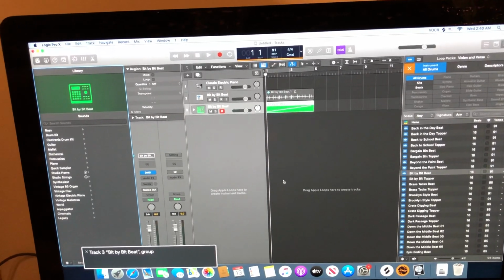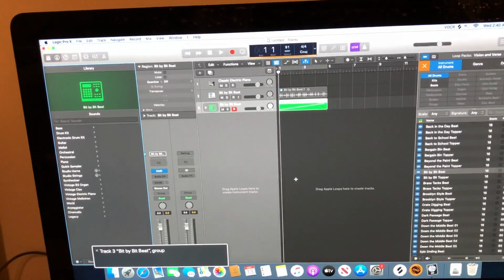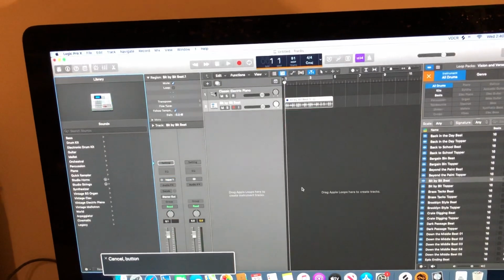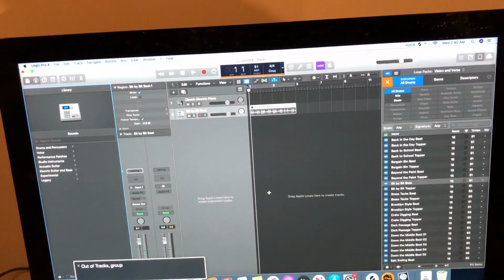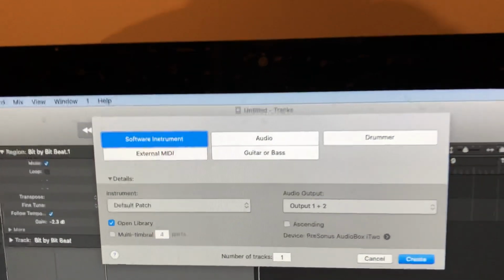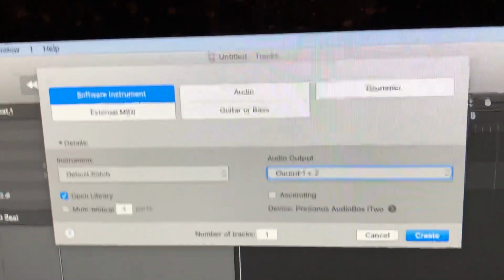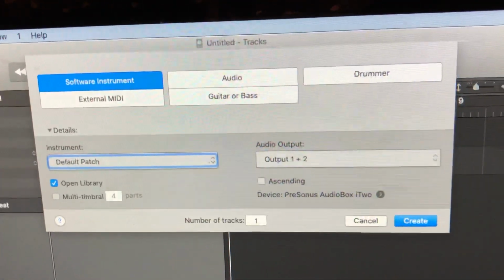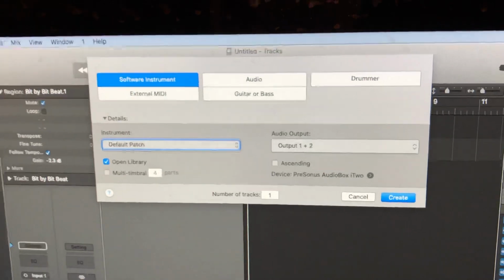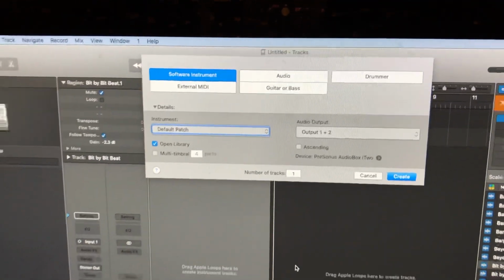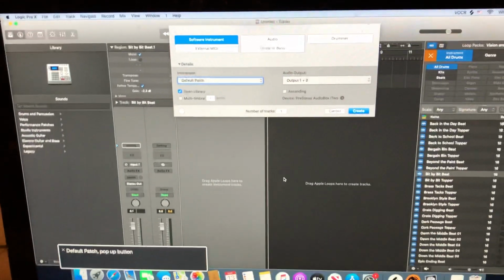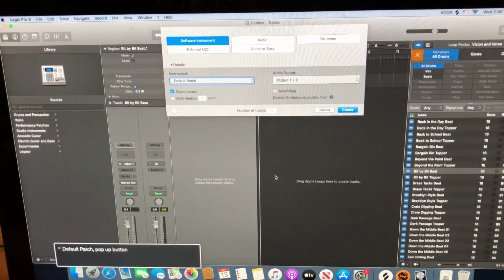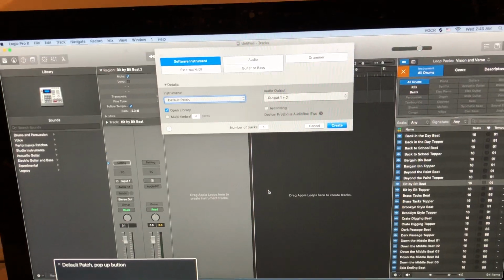So let's get rid of that, and I'll show you one more thing that's new in this version that we're able to use. All right, let's make a software instrument track. I'll show you a bug fix actually too. In the software instrument details area, you are able to actually select what instrument you want Logic to create for you. And so here what we're going to do is we're going to go into this menu,